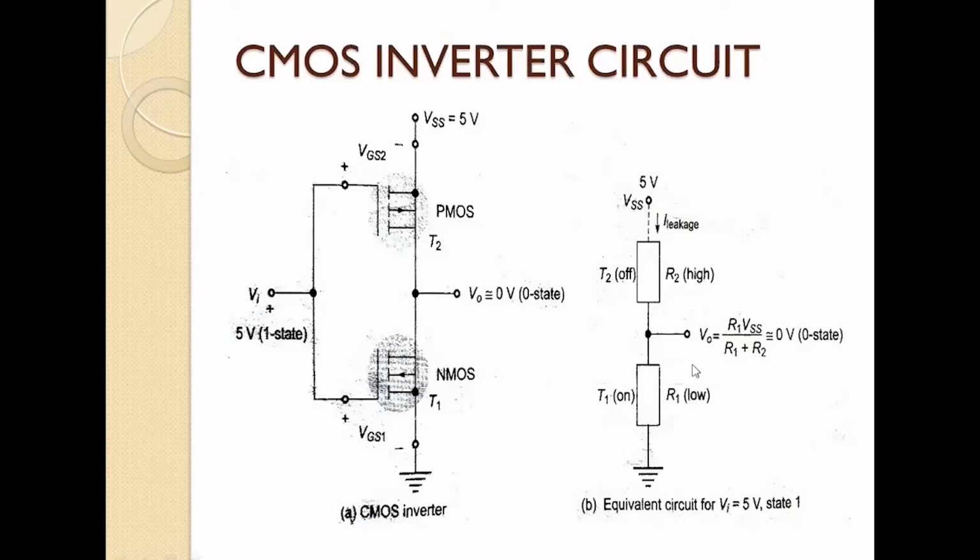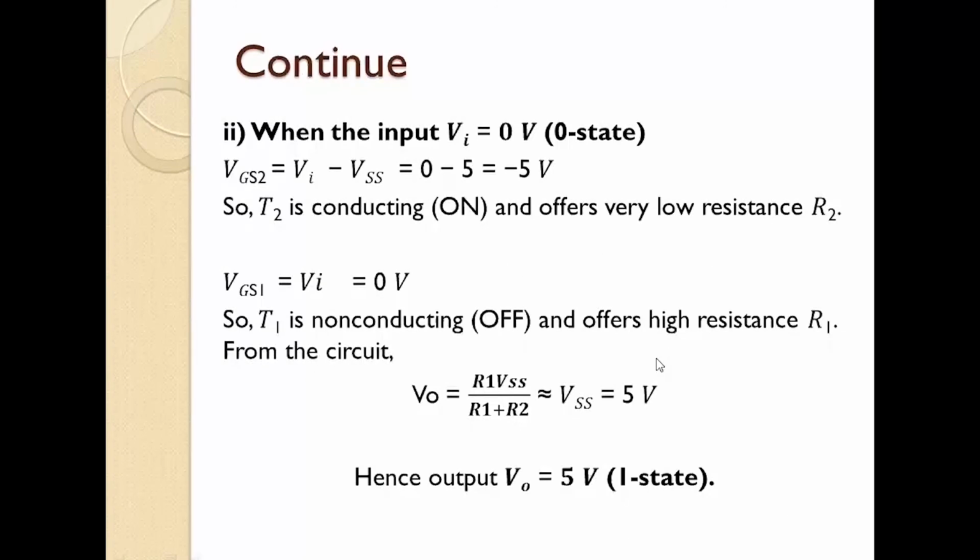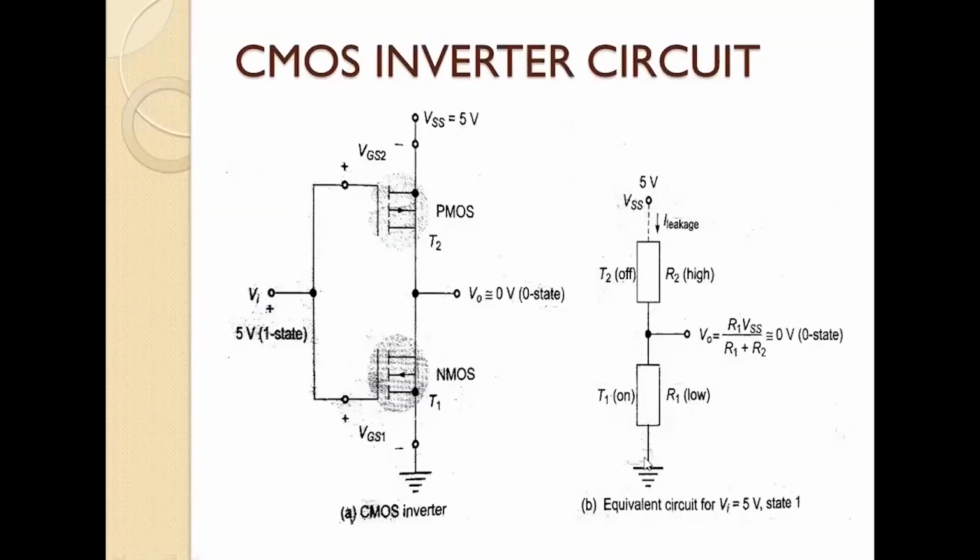Okay. So now we have to find the voltage across here, V0. Clear? So this is your open circuit, this is your closed circuit. The 5 volt is not able to move because your PMOS is off, it acts as an open circuit, so it is not possible for current to flow. But for your NMOS it is a closed circuit. Therefore the ground is directly connected to V0. The ground means 0. Therefore your V0 is equal to 0. Or we can apply the voltage divider rule, because these two resistors are in series.